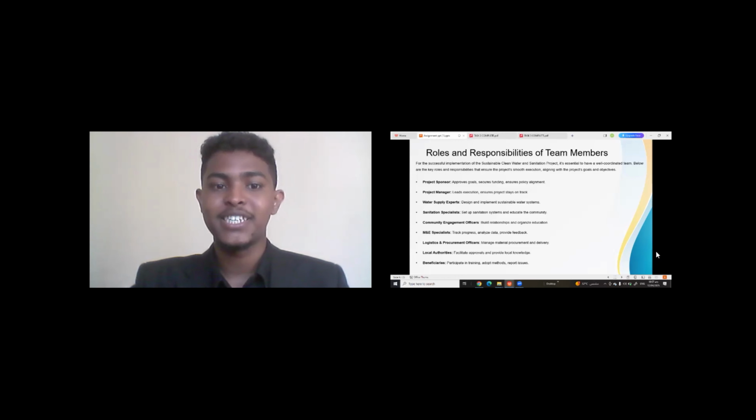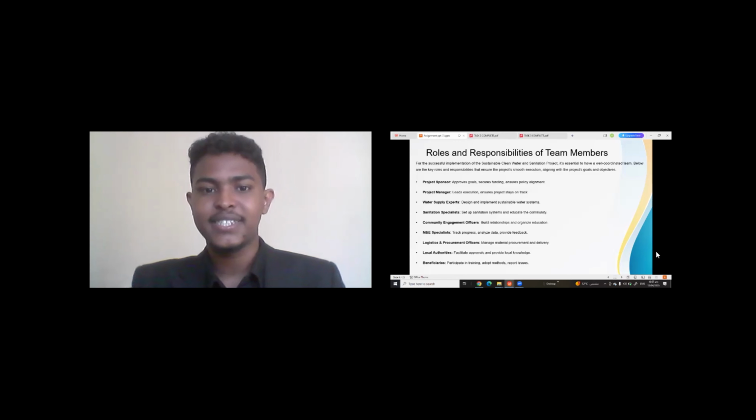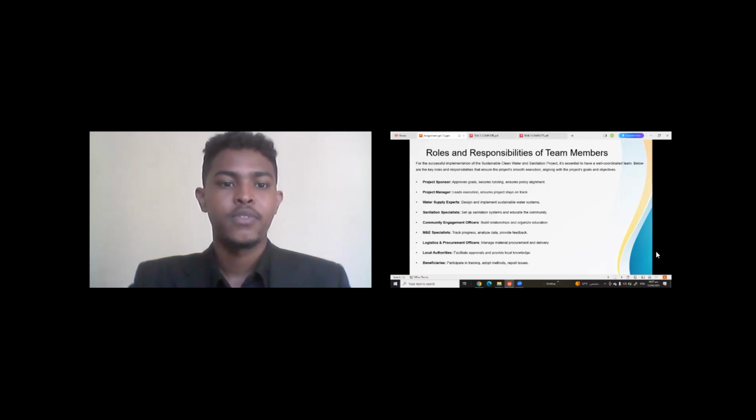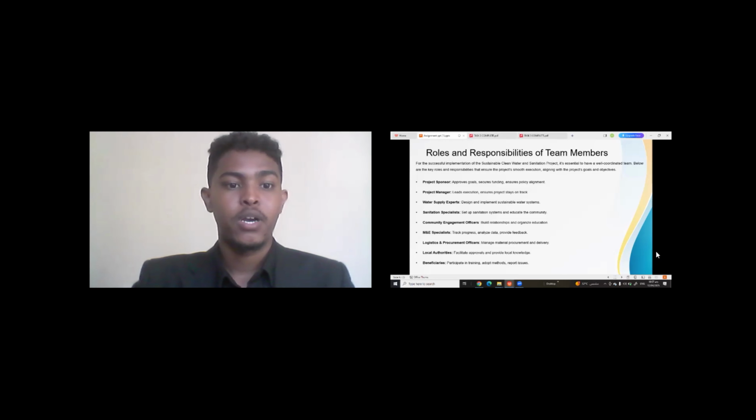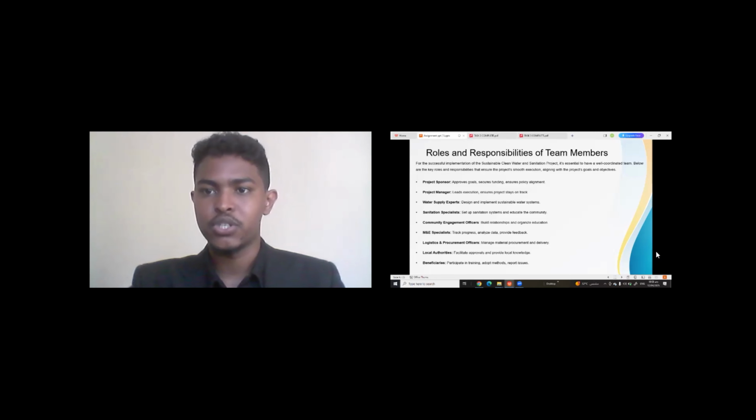Also, the M&E specialist, their job is to track progress, analyze data, and provide feedback. And the logistics and procurement officers, their job is to manage material procurement and deliver on time. While the beneficiaries, they get training, and they will adapt the methods, and they will report the issues to the senior people.